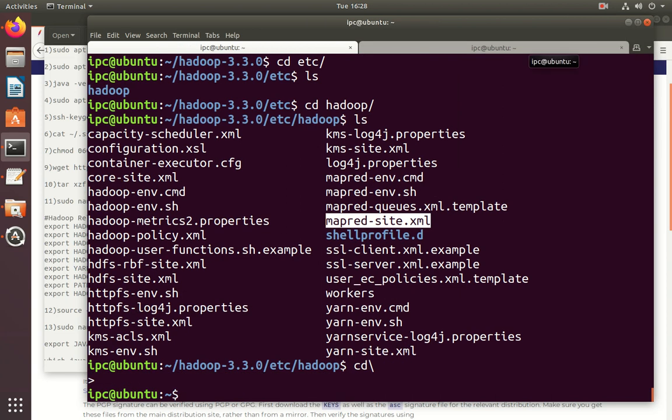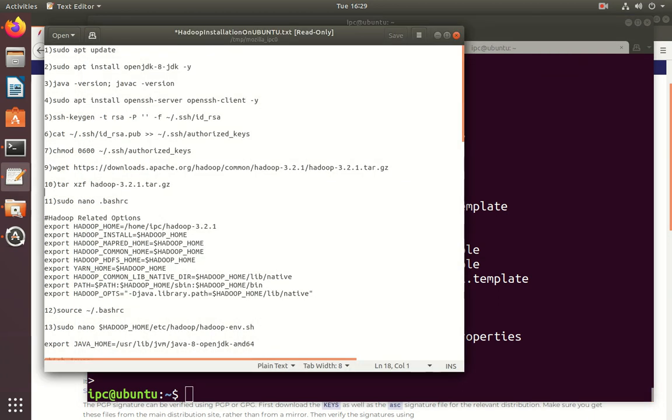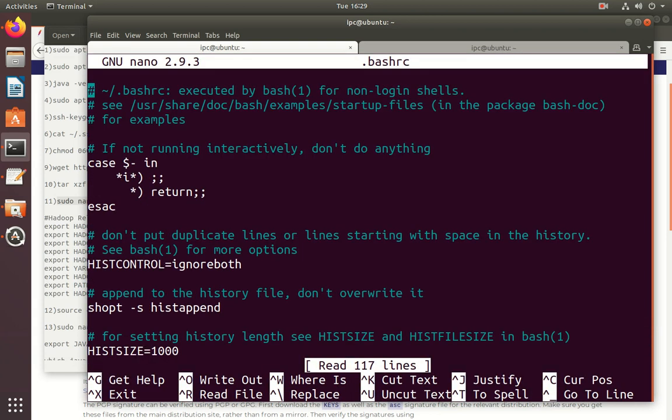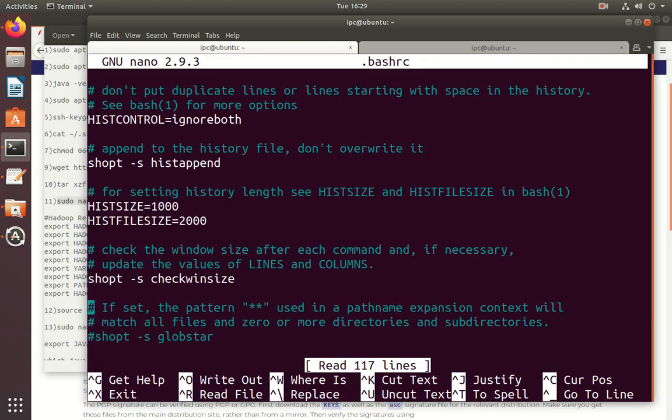First, edit the .bashrc shell configuration file using a text editor. The text editor may be of your choice. In this video I am using the nano text editor. By using the command, see, this is one of the configuration files.